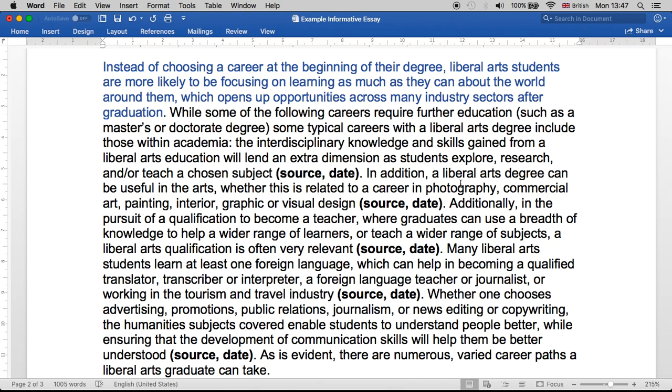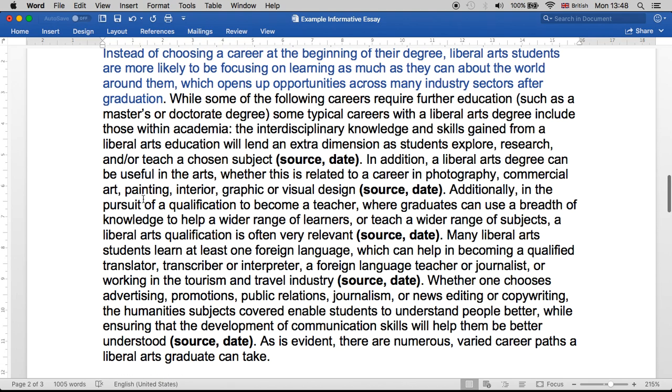In addition, a liberal arts degree can be useful in the arts, whether this is related to a career in photography, commercial art, painting, interior, graphic, or visual design. Additionally, in the pursuit of a qualification to become a teacher, where graduates can use a breadth of knowledge to help a wider range of learners or teach a wider range of subjects, a liberal arts qualification is often very relevant. Many liberal arts students learn at least one foreign language, which can help in becoming a qualified translator, transcriber,